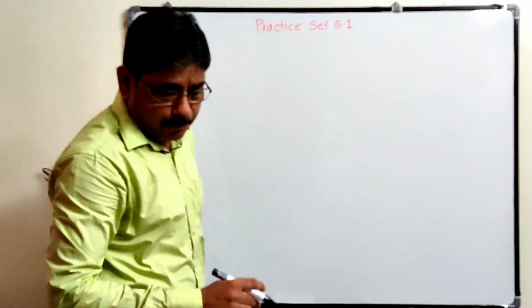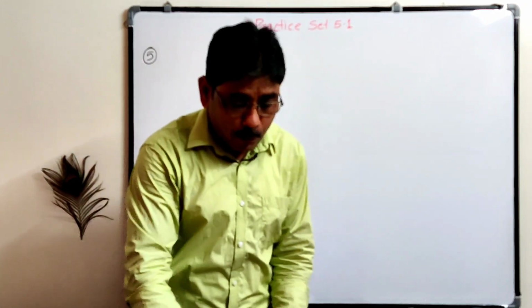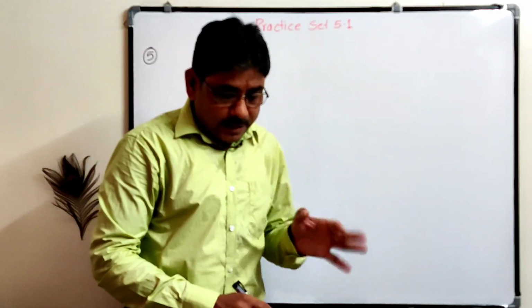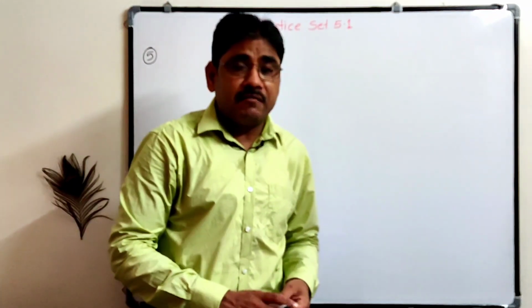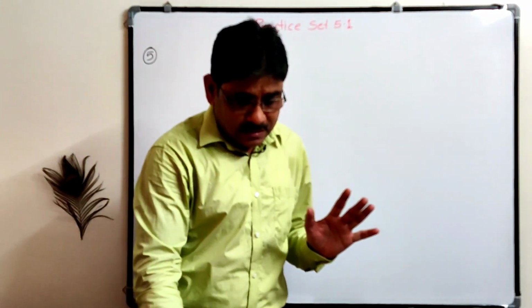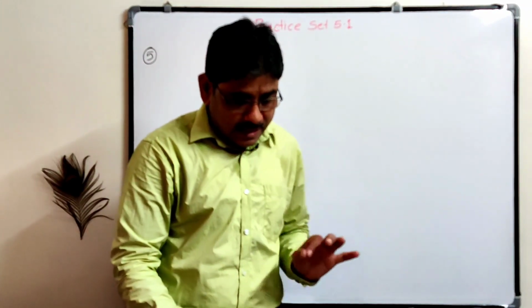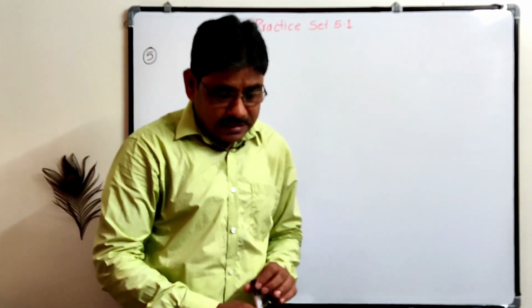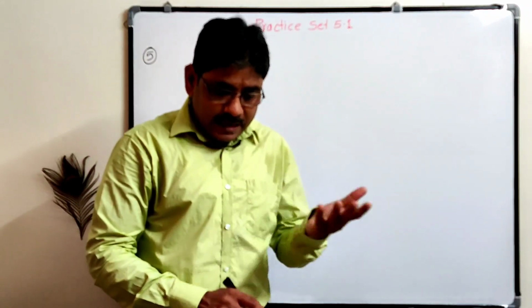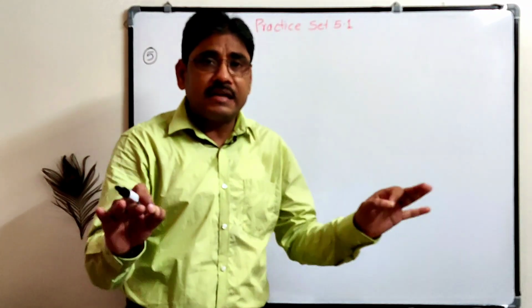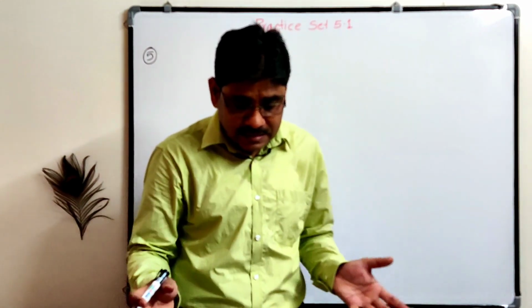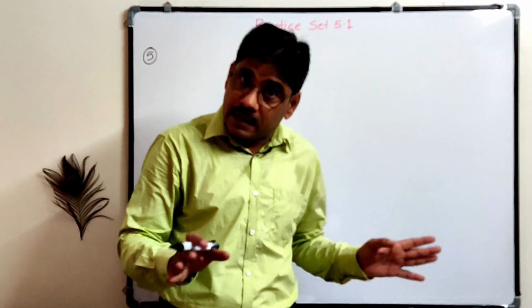In the fifth sum, 4 coordinates are given, 4 points are given, P, Q, R, S, and we have to show these are the vertices of a parallelogram. I told whenever it is a parallelogram, your opposite sides are congruent. Rhombus, 6th and 8th sums, you can complete on your own, because in the 6th one we have to show a rhombus, find AB, BC, CD, AD, all distances are equal, then it is a rhombus. In the 8th one, 3 points are given, find the distances, it is an equilateral triangle if all are equal.